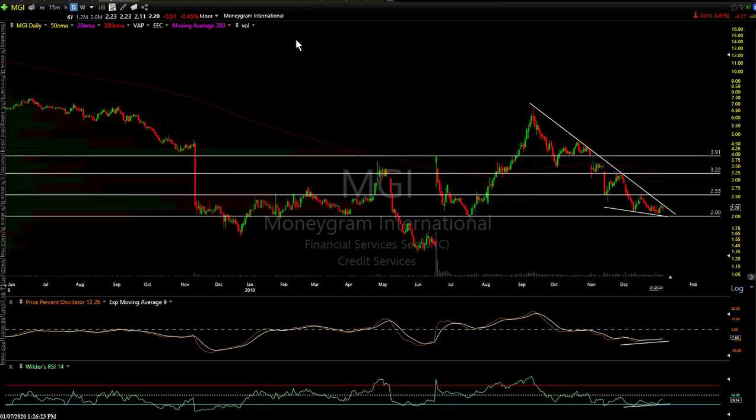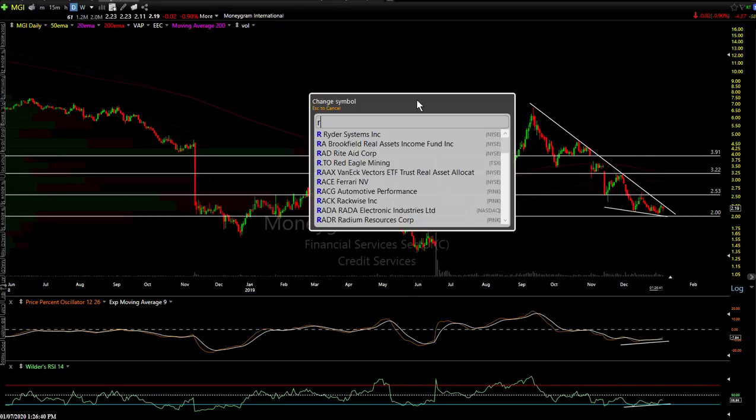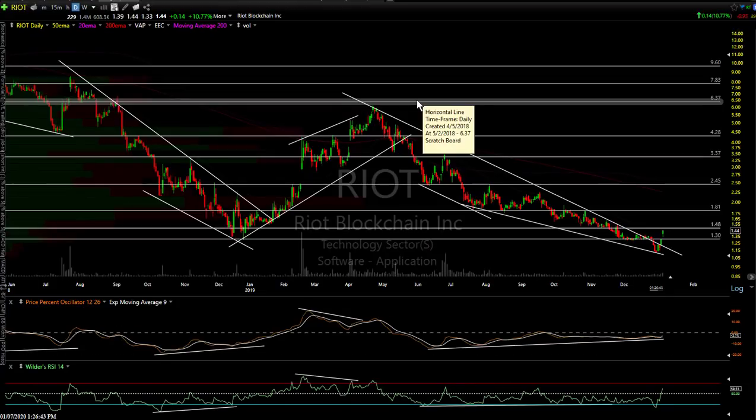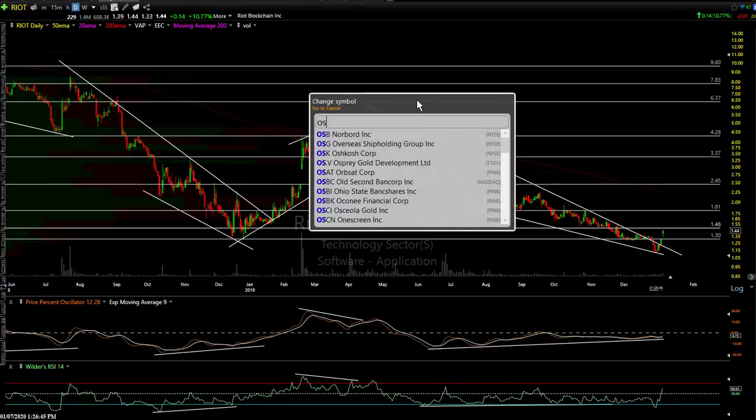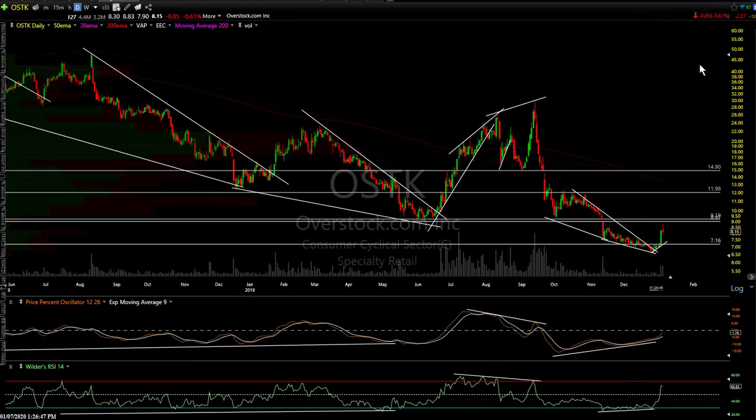Spread it around a little bit in MGI, a little bit in Overstock, a little bit in Bitcoin GBTC, a little bit in Riot, and as a whole, if Bitcoin rallies, those four should move together, and one day one's going to be up and the other's going to be down, just like today. Riot's up 10%, as I just showed you, and now over 10%. And Overstock, which was up earlier today, has pretty much run into resistance, pulled back, and it's almost effectively flat. Less than a 1% drop on a stock like this. This guy can move 5-10% in a day.